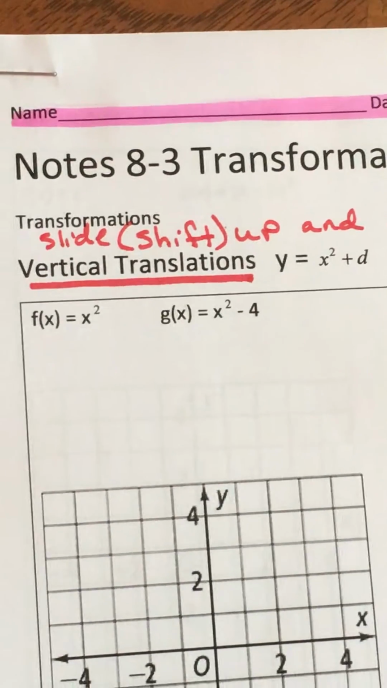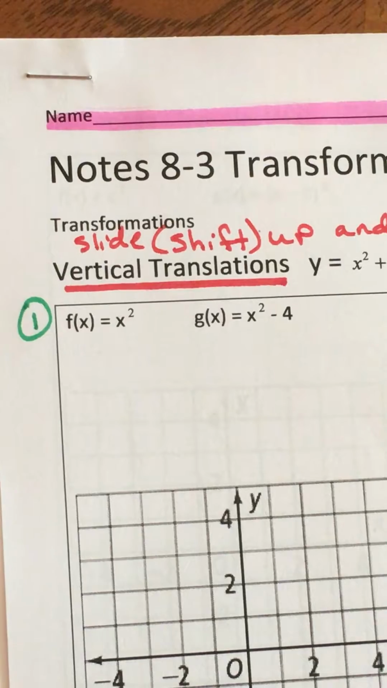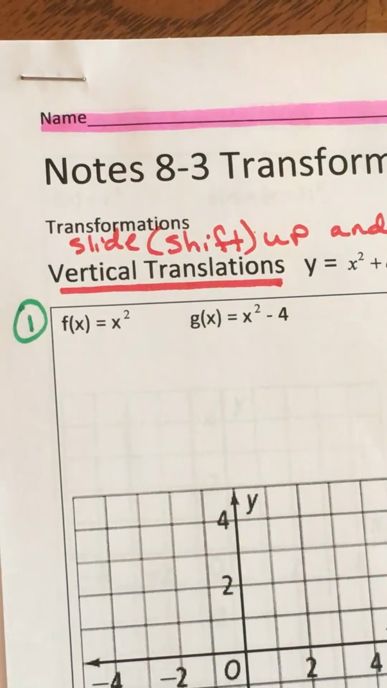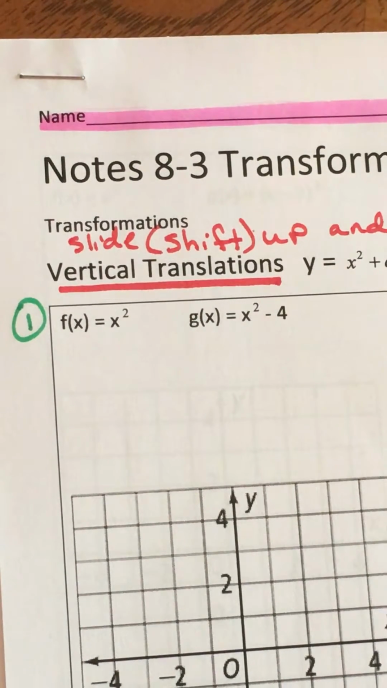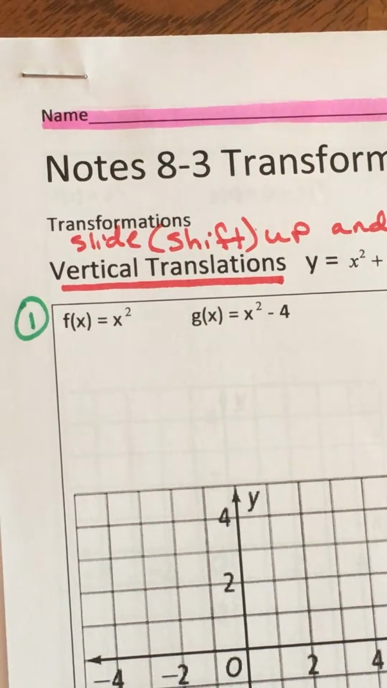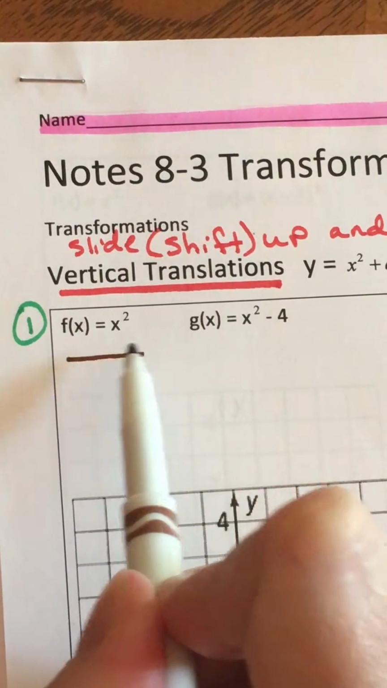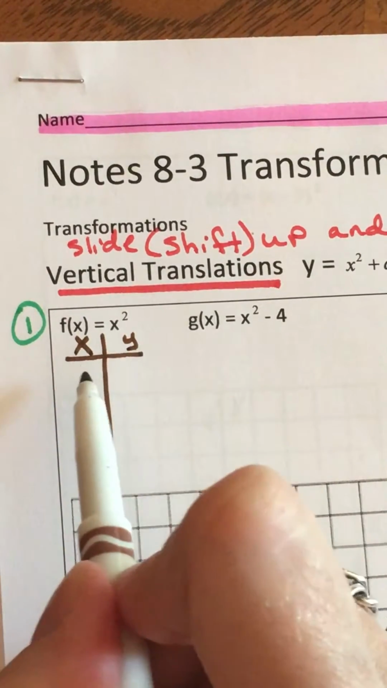Let's look at our first example, example number 1. Here we have two functions. We're going to graph them both. And we are always going to start with our f of x. It is our parent function. And we know that the parent function always has a behavior of